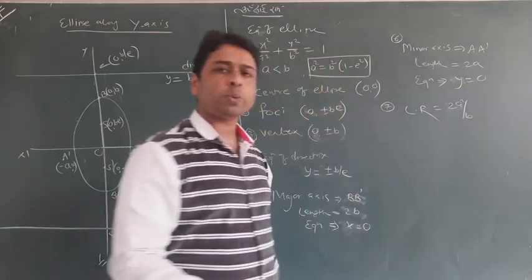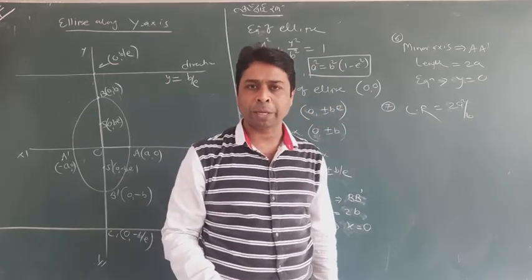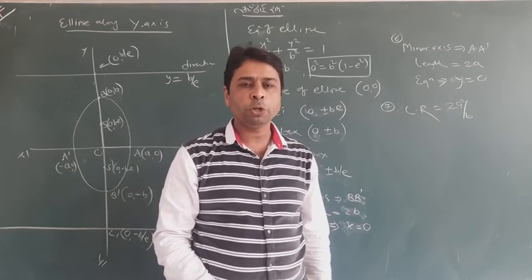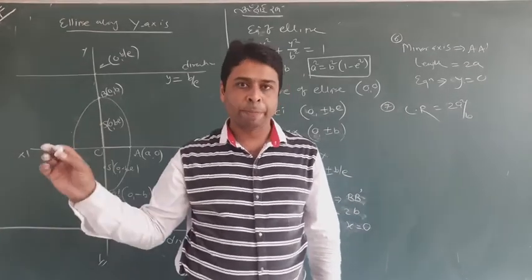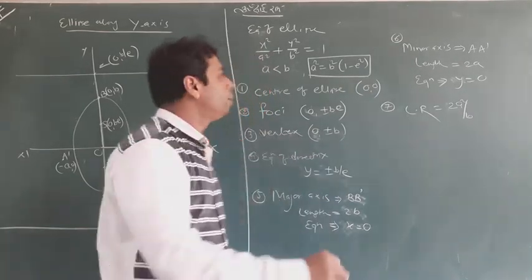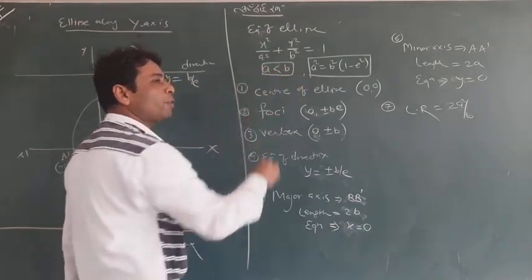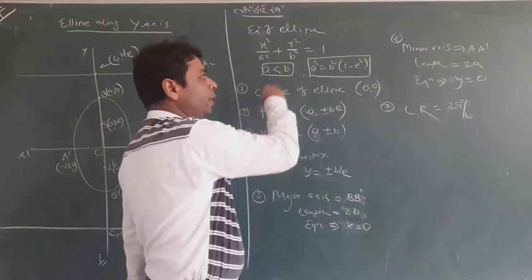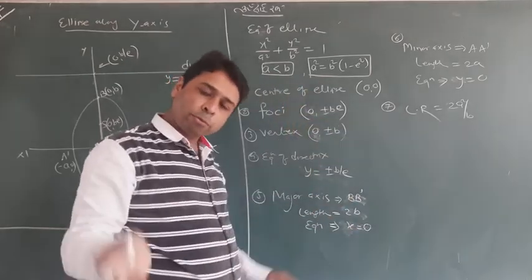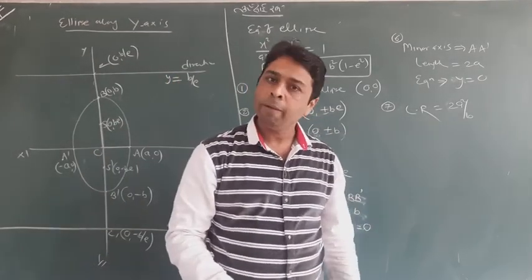And the lattice vector will change. Last time it was 2b square upon a, this time I will write 2a square upon b. So without proving, in a similar way, I have told you these formulas you must remember, and only the identity: how we can identify and recognize the ellipse, by looking at a less than b or a greater than b. When a is less than b, it is along the y-axis, and you have to use these formulas. When a is greater than b, you have to use the previous formulas.